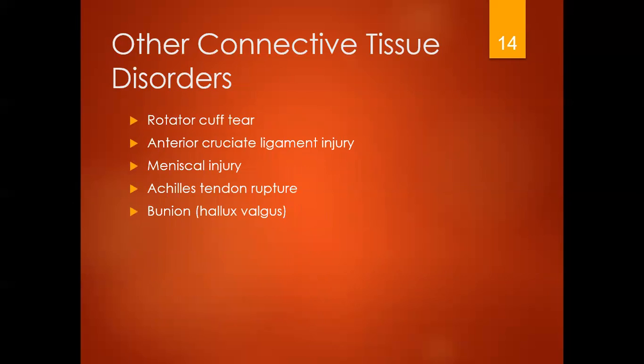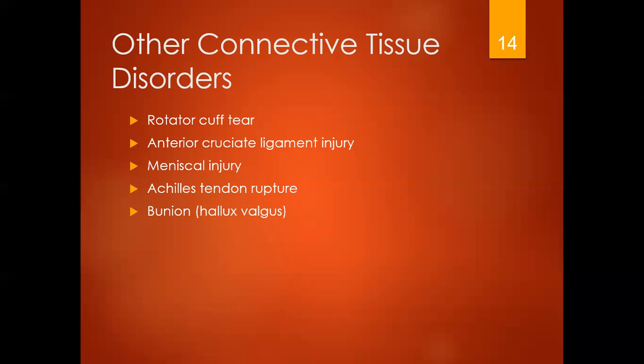Other connective tissue disorders. So we have things like rotator cuff injuries or rotator cuff tears, where we have a repetitive activity like throwing a baseball or some kind of overhead motion that you do over and over again. It can cause this degeneration and potentially even a tear. So when you have that, or you have a fall or a trauma that's caused a tear in the rotator cuff, one of the four muscles inside of that cuff becomes torn, and the patient has a lot of pain, right? And they can't perform abduction or the pulling of their arm in with the external rotation